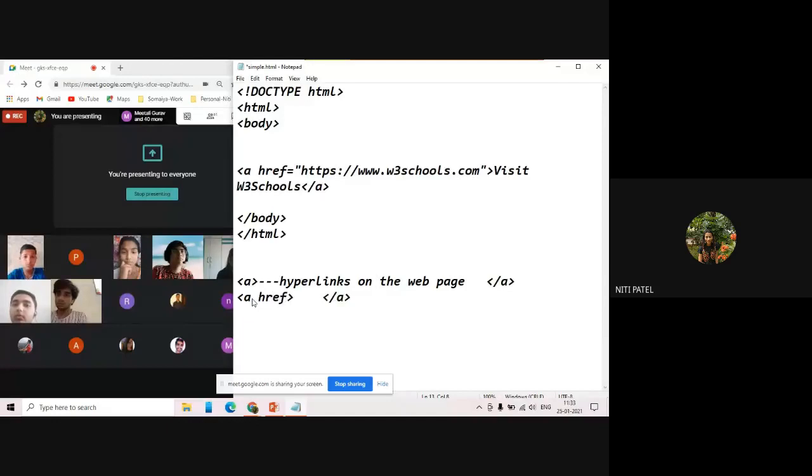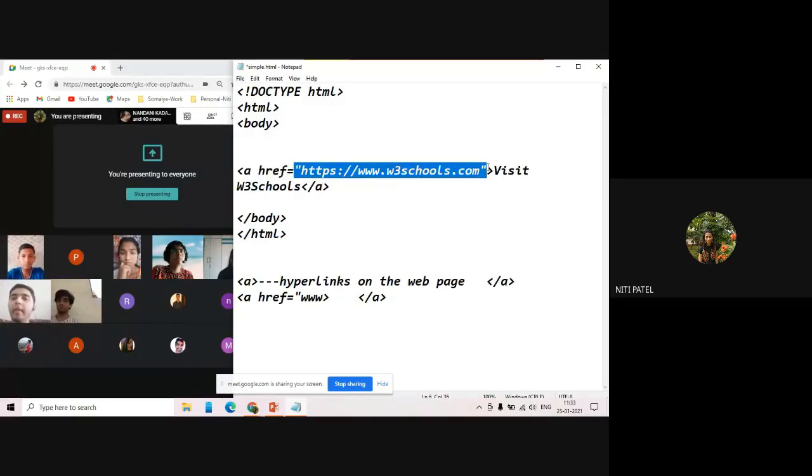The attribute is called href. So the name of the attribute is href. The value is https://www.w3schools.com. Since it is an attribute and a part of an anchor tag, it has to be written inside the start of the anchor tag.